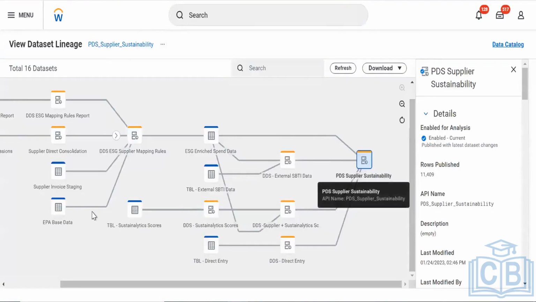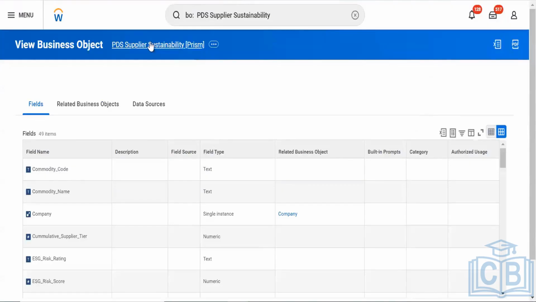We just name it as PDS. These are just derived data sets, nothing else, but we exclusively create a PDS. We name it as PDS, which makes it understandable that this is published and available for reporting or analytical purposes. Here it is available. By default, Workday suffixes it within square brackets with Prism, so that it is understandable that it is not a Workday delivered business object, but rather a Prism business object. Here all the 49 fields are there.